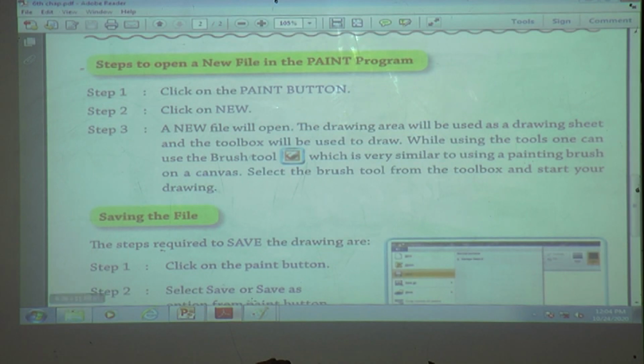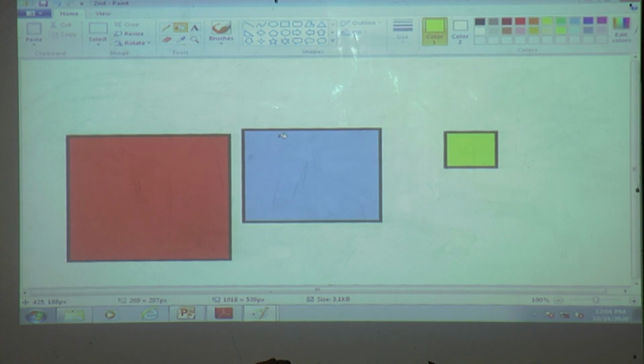Now we will see the steps to open a new file in the paint program. Now our file is already open here and we want to take a new file. How to take this new file? We don't want this. We want to take a new file. In a drawing notebook, if you write something and we want to take a new page, at that time what will we do? We will turn the page and take the new page.